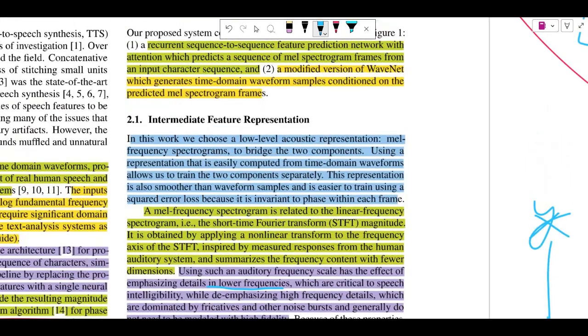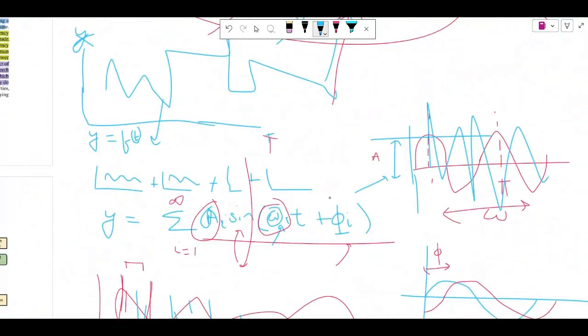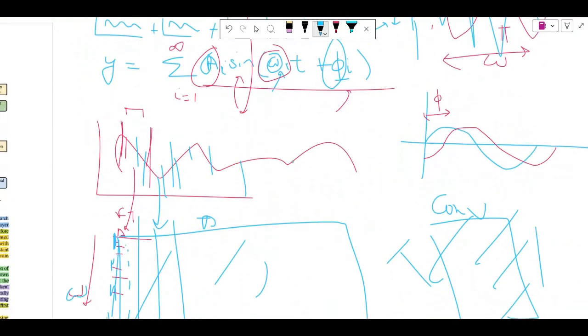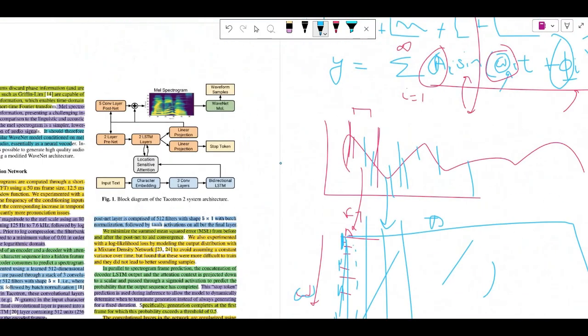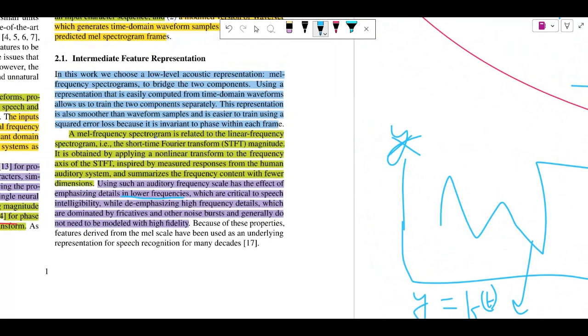One tiny problem, or I don't know if it's a bug or a feature, about MEL spectrograms is that they do not have phase information. So this small thing called phase gets ignored here. I mean, MEL spectrograms don't have phase information in them. They say that this is actually a feature